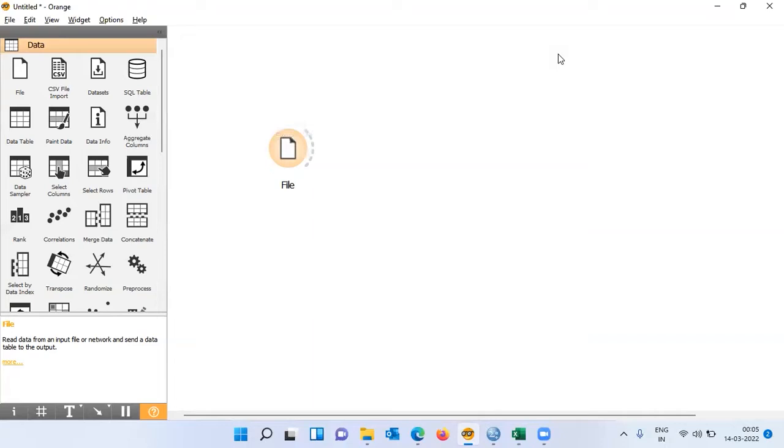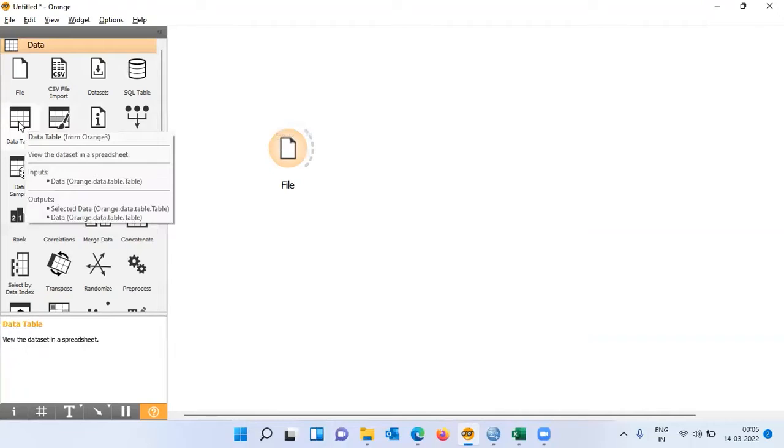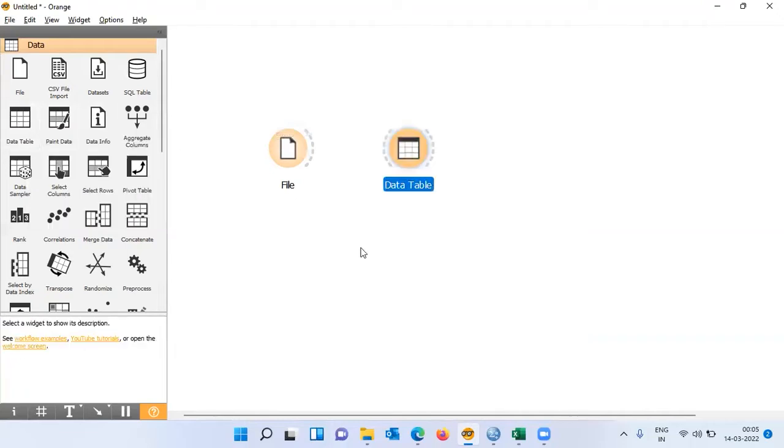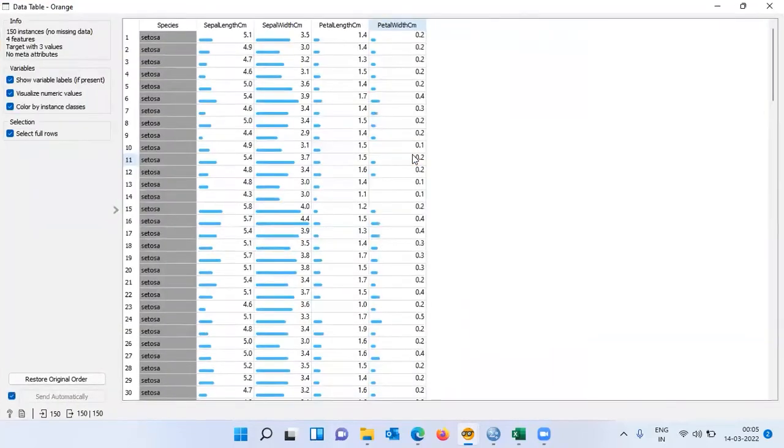If you want to display the contents of the file, what you can do is you can choose the widget which is called data table. Let me click on data table and establish a connection between file and data table. Now, the information will propagate from the file widget all the way to the data table. Let me double click on this. You can see here